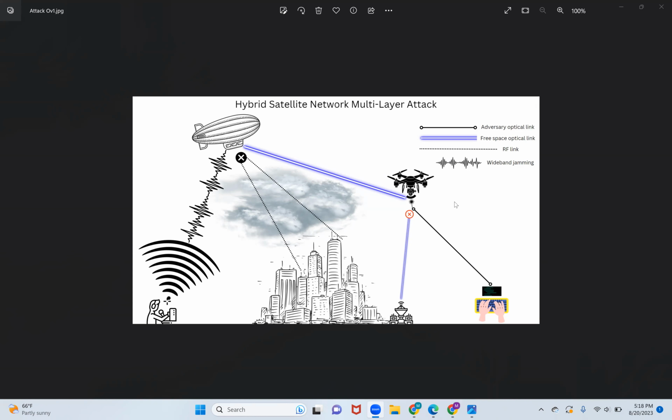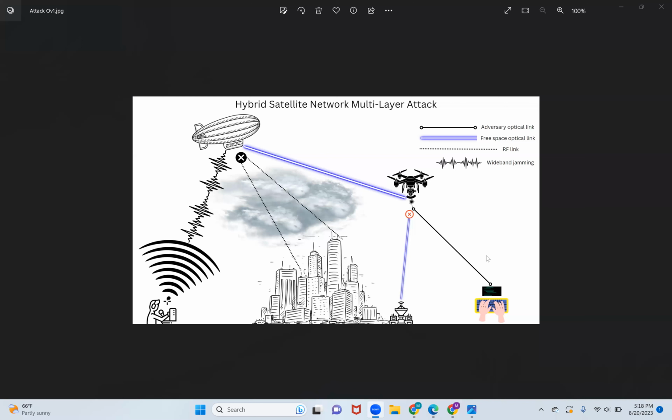However, this network also has vulnerabilities. And as this OV1 diagram is showing, this network can be taken down through a multi-layer attack. You see, if an adversary finds out the exact wavelength the light signal pulses are being used, it can replicate the pulse and send it at the detector located at the UAV. The UAV will mistake that signal for the one it's expecting, and all communication is cut off from the ground